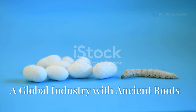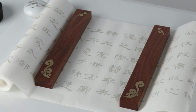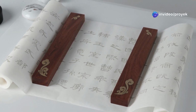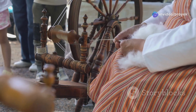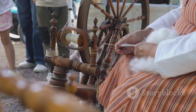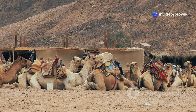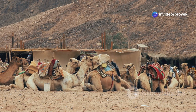Section 8. The silk trade, a global industry with ancient roots. The silk trade has a long and fascinating history dating back over 5,000 years to ancient China. For centuries, the Chinese closely guarded the secrets of silk production, making silk a highly sought-after commodity in other parts of the world. The Silk Road, a network of trade routes that connected the East and West, played a pivotal